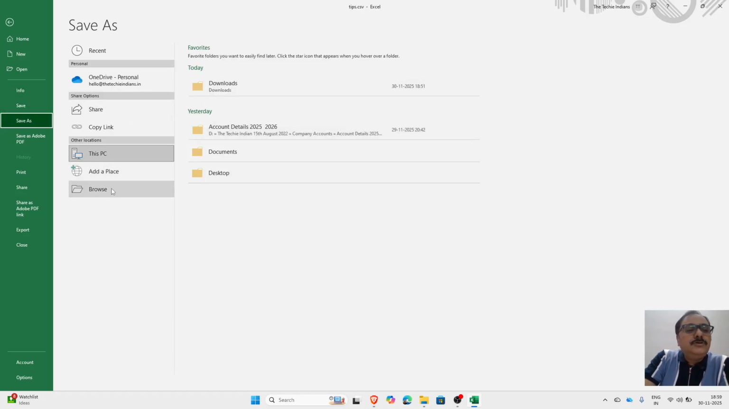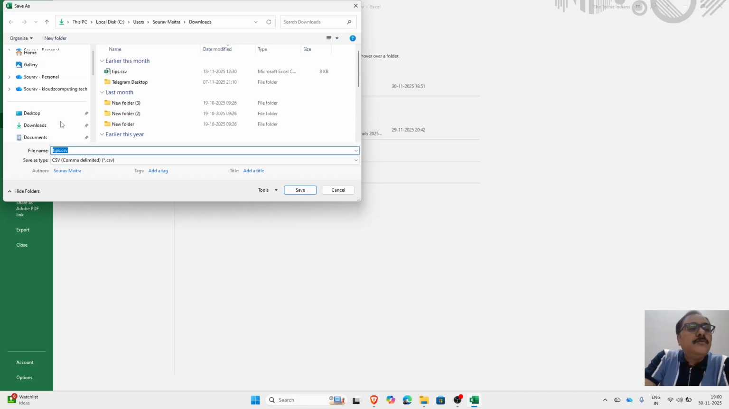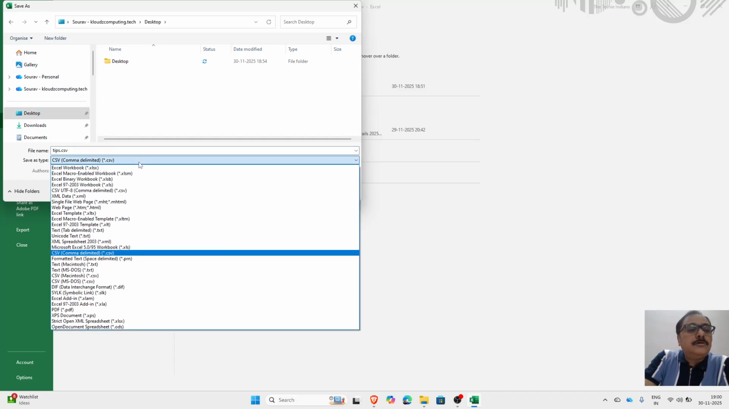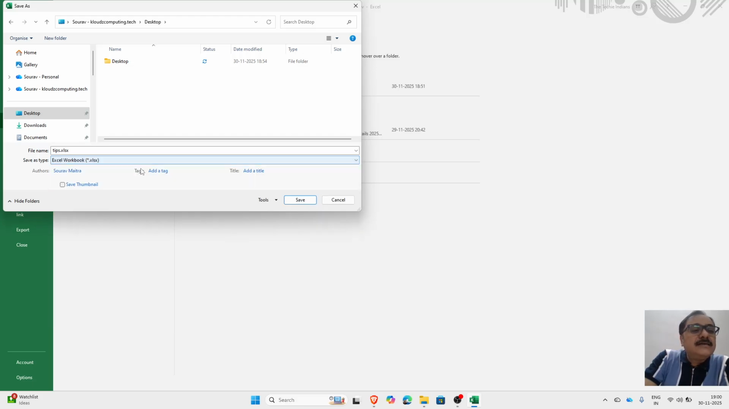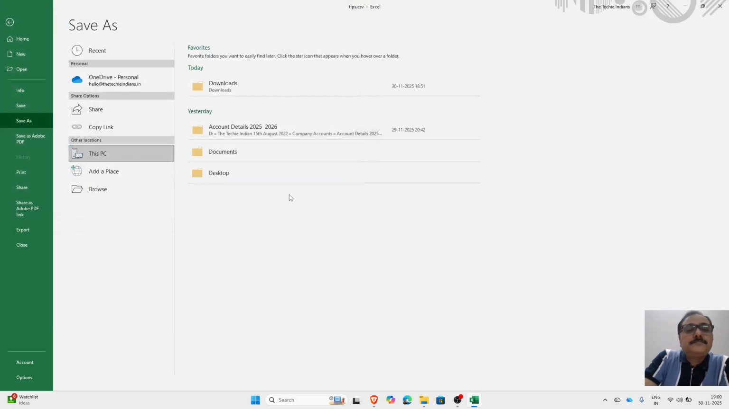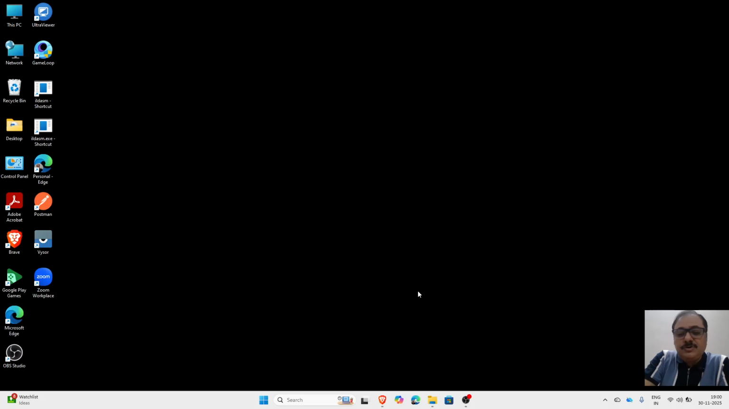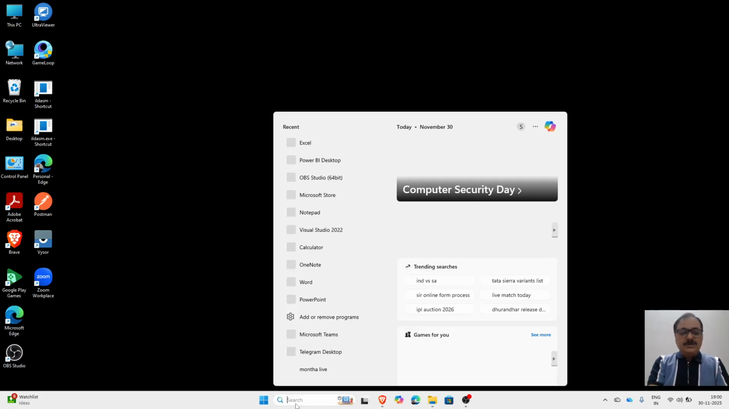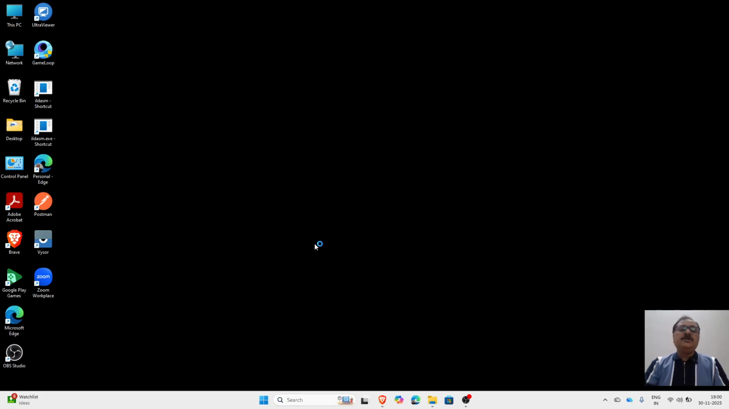Let me save this on my desktop for the time being. Desktop, tips dot, instead of CSV, let me save that as an Excel workbook. Done. The data is over. Now let me close that Excel file. So in the search window, I will type Power BI Desktop. So if I open that,